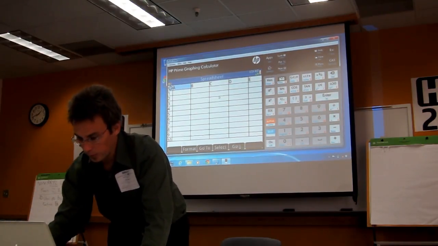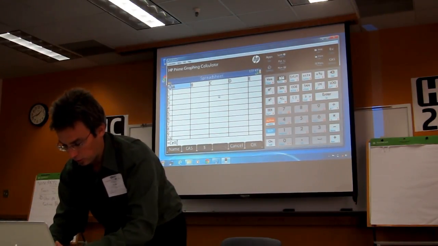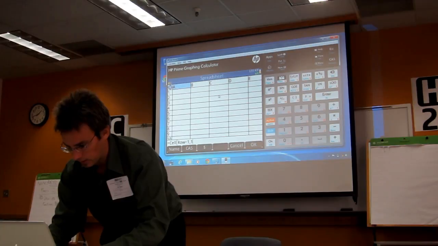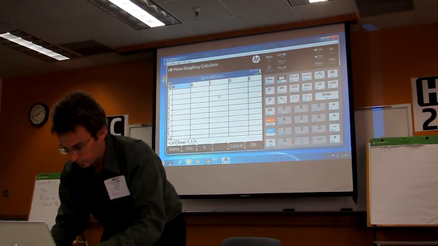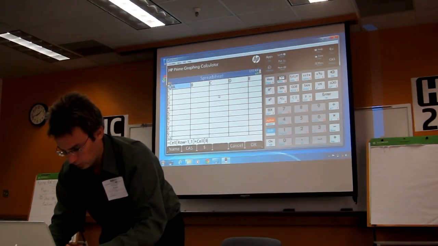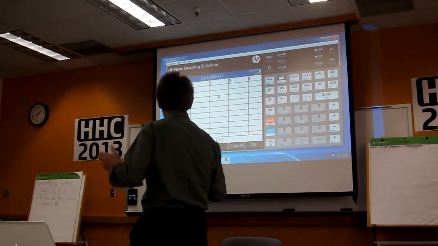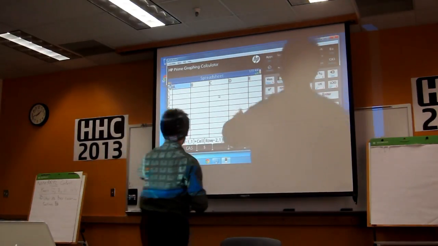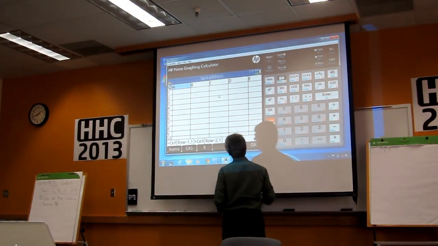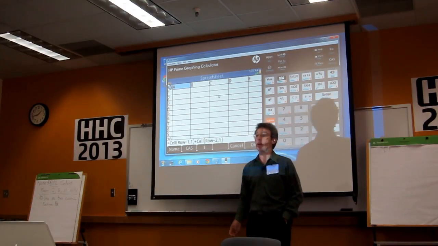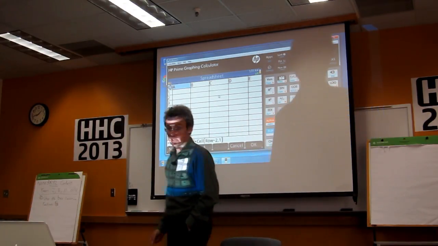I can put here a formula which is going to be cell of row -1, comma 1. Row -2, comma 1. So of course, the same way you have in Excel, you do have the row and